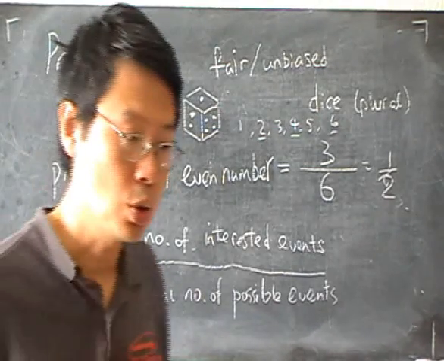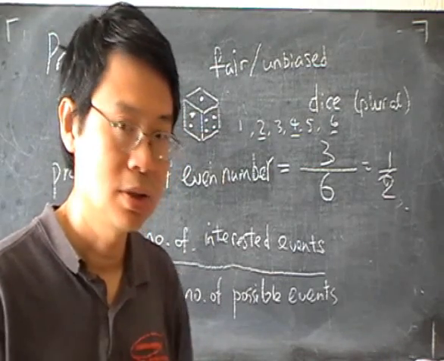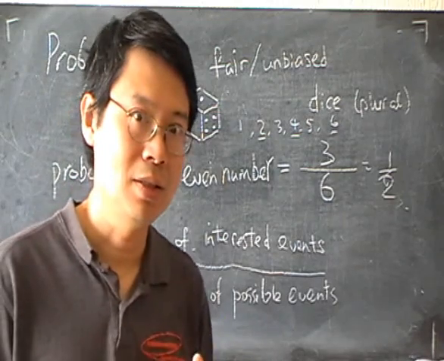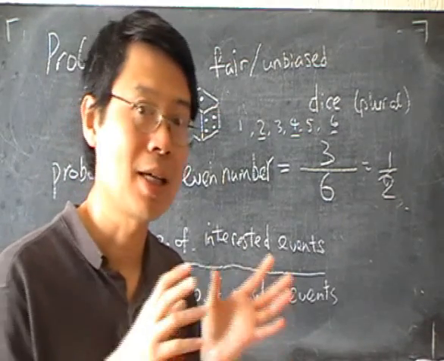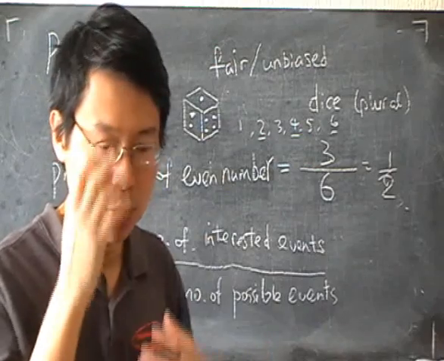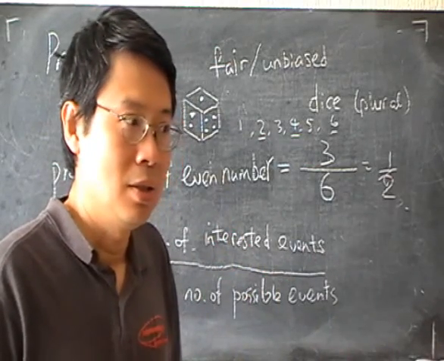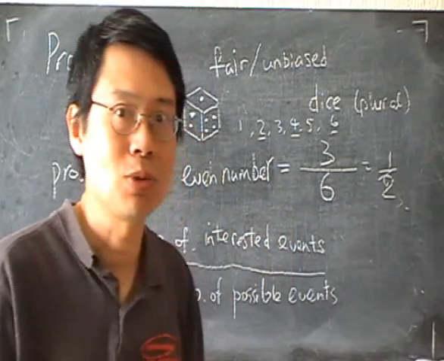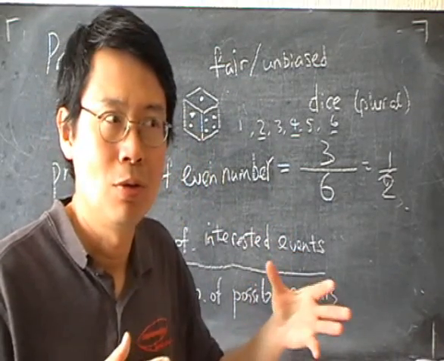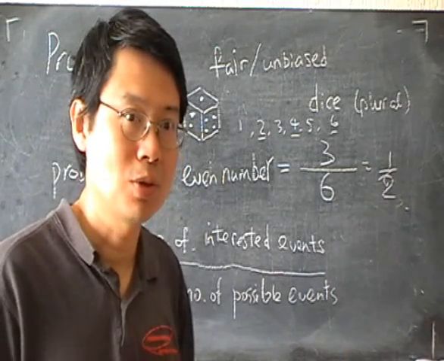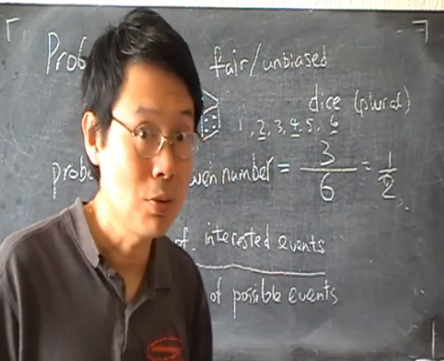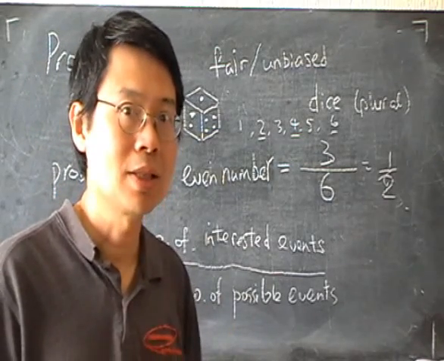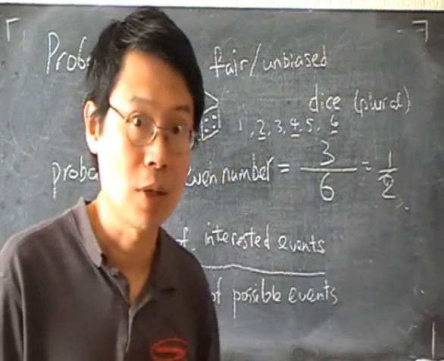But actually, if you toss a coin 10 times, it's very unlikely that you will get a head exactly half the time. Meaning that if you toss a coin 10 times, it's very unlikely that you will get a head in exactly 5 of the 10 times. You might get 4 heads out of the 10 times, or 6, or even something different. But you are likely to get something that is close to 5.